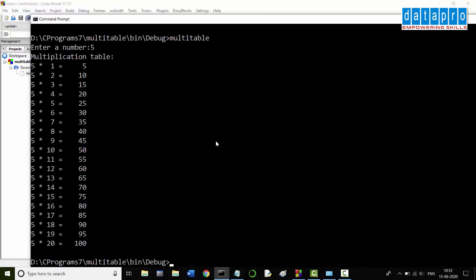Now let's see what command line arguments are. This is a command actually. When we run a command, actually the main function gets executed. You know that program execution starts from the main function in a C program. When you just give a command at the command prompt, first the main function gets executed. In this example, we are not passing any arguments to the main function, but we can pass arguments to the main function. If you pass arguments to the main function from the command line, that is known as command line arguments. Now let me demonstrate with a simple example.